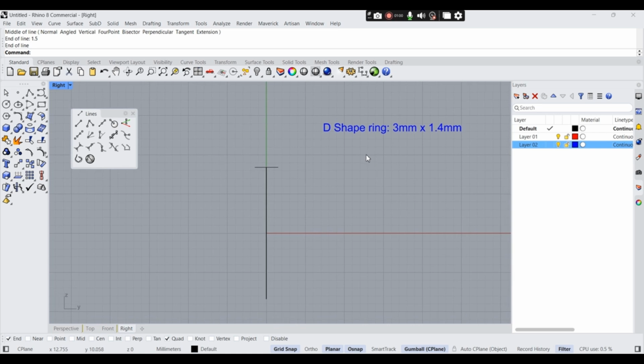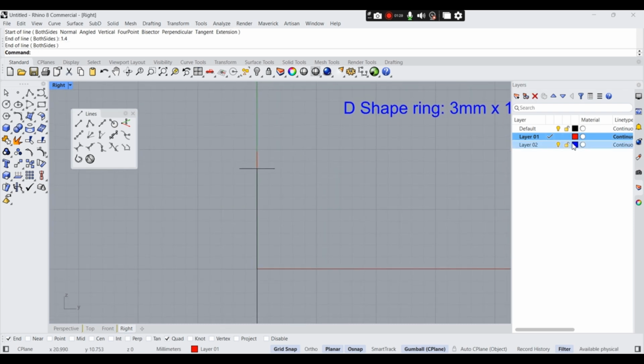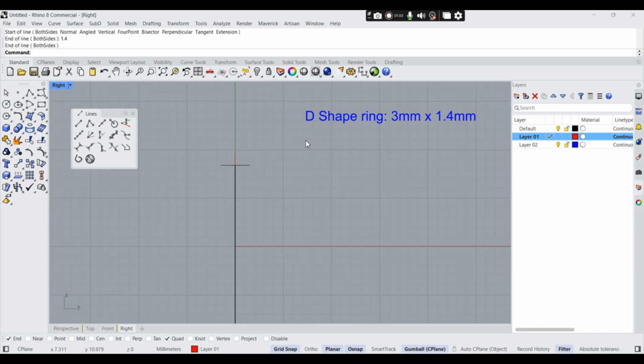Now I'm going to draw the height, so the D of my shape. So the thickness is 1.4, so I'm just going to draw a line as a reference line of 1.4. So again, making sure that your quadrant object snap is on, and I'm going to type end of the line 1.4 and press enter, hold shift and click. So if I zoom in, you can see I've created this red line just as a reference of the height